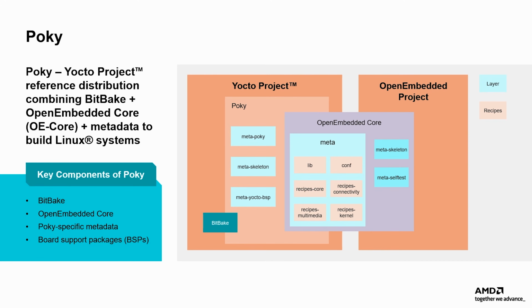One of the most essential components is BitBake, the build engine that processes important metadata, such as .bb, .bbclass, and .bbappend files. BitBake's responsibilities include handling task execution, such as do_fetch and do_compile, among others. OpenEmbedded-Core is another important component of Poky, providing core metadata, such as recipes, classes, and configuration. It also includes fundamental Linux packages. Poky-specific metadata can be found in meta-poky, which contains Poky's own custom policies and configurations.